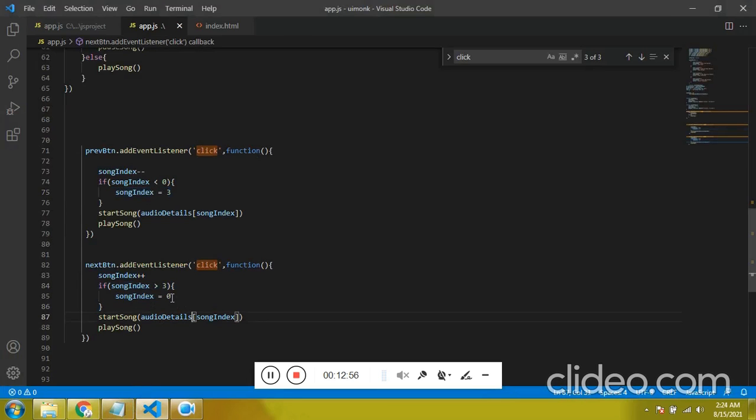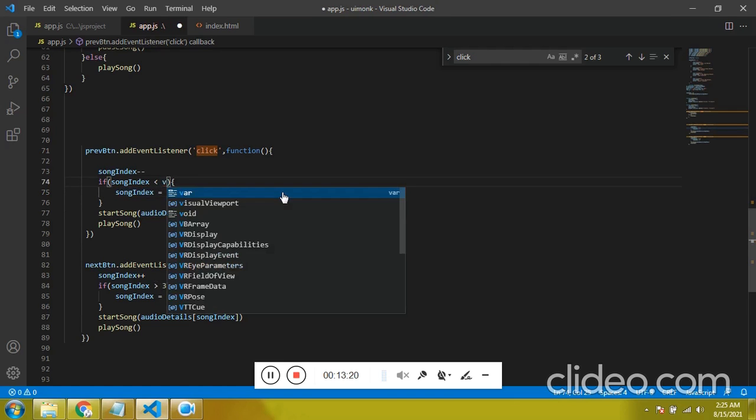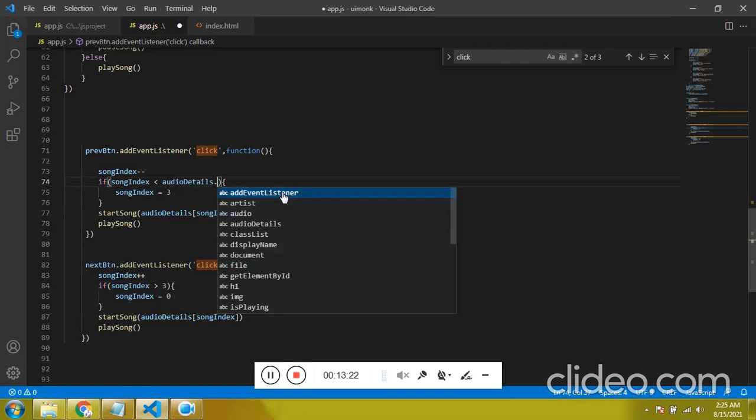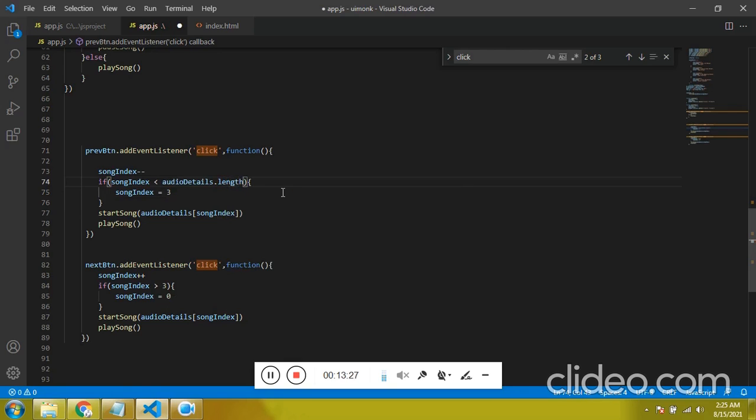Now instead of using this hardcoded value, we want to make this dynamic. What do I mean by that? That means if there is more than 3 songs, if there is more than 4 songs, each time we have to find this and manually update that. So instead of doing this, get the audio length. So audio dot length, how many objects are there inside? 4.